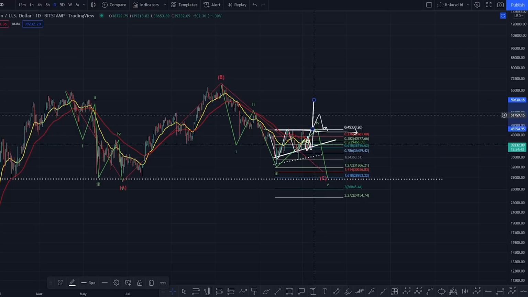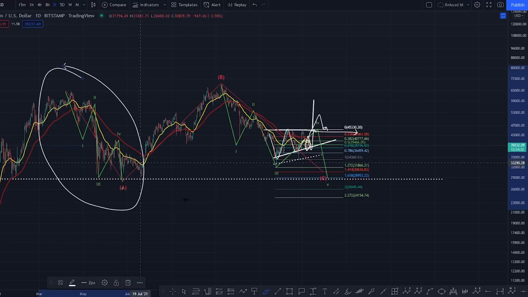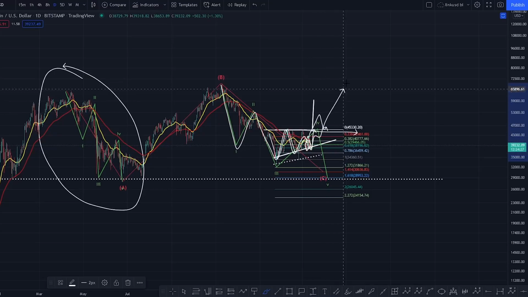If you do break this level of resistance at 45330, Bitcoin falls back and holds as support. That's a beautiful place to go long and ride it up to that technical target. And with that, you're not getting the same scenario as this. You've not got your 5 waves down. You've indeed got some kind of A, B, C correction, and right now you're coiling up for the continuation to